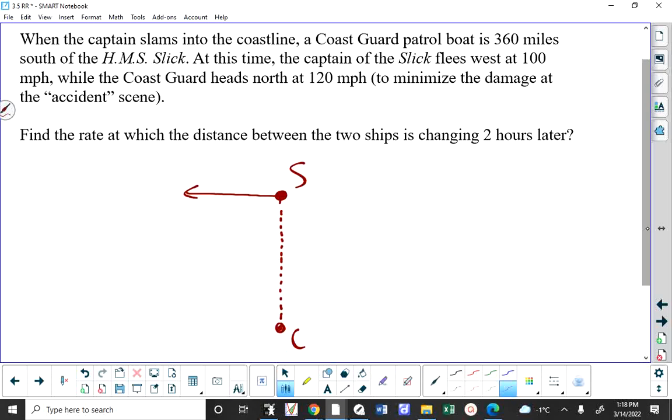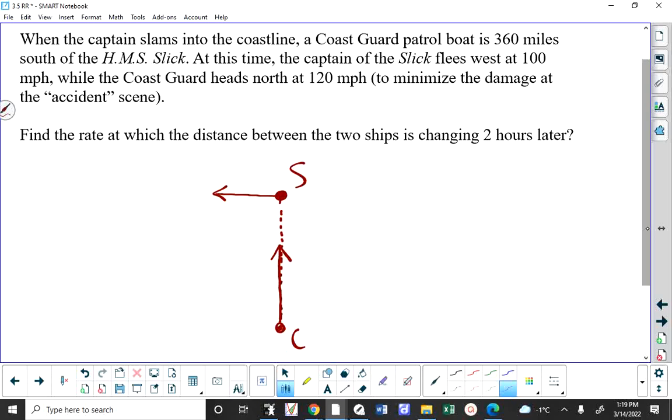Now, before I draw in the north, I want you to notice that the Coast Guard patrol boat is traveling faster than the fleeing captain's boat. So when I draw an arrow indicating the motion of the Coast Guard patrol, I'm going to intentionally draw it longer. And I'm going to mess up this diagram. I don't want you to. But I want you to understand that the lengths that I drew those arrows at are totally arbitrary,